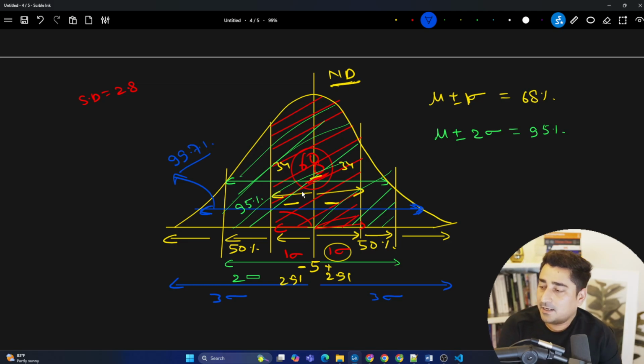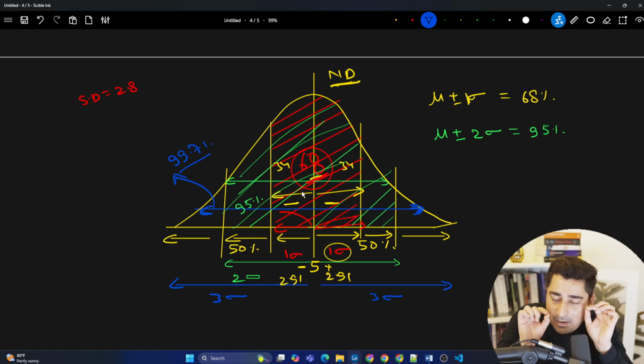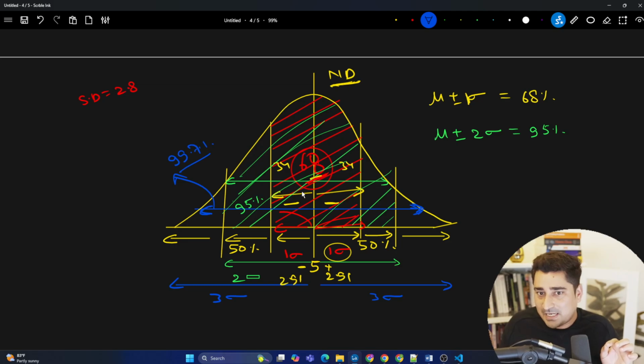So area under PDF is equal to 1. Yes, that's true. It's considered as 1 because, okay, so why am I talking about this one? And again, it's 100% that I'm talking about, right? It's 100% that I'm talking about. So now what is the meaning of 100%? Because this is basically a probability density function, right?